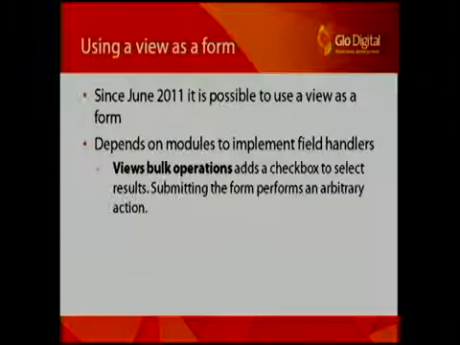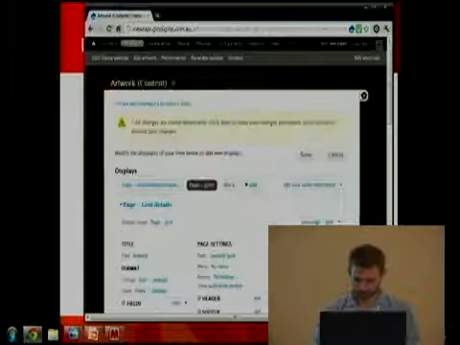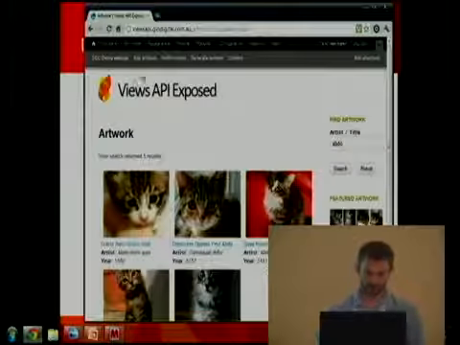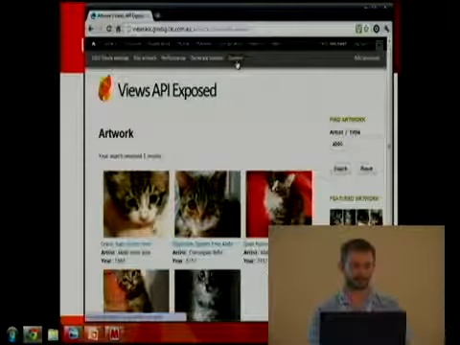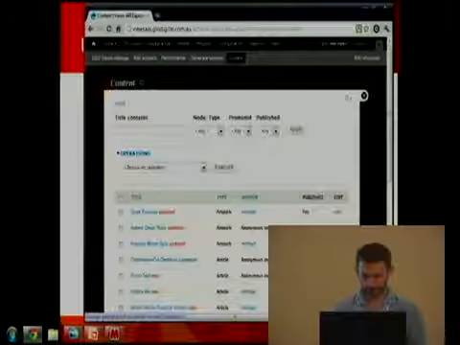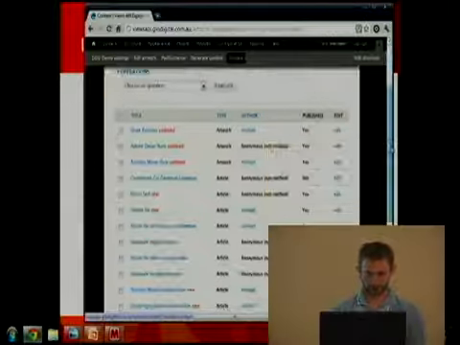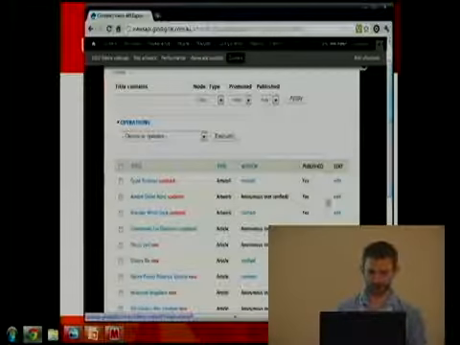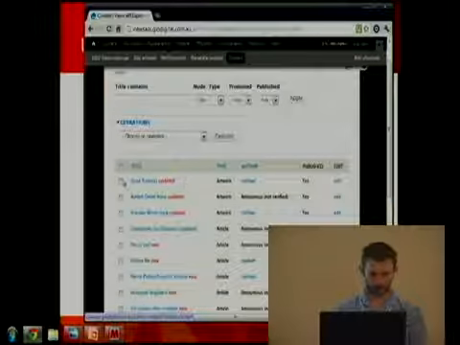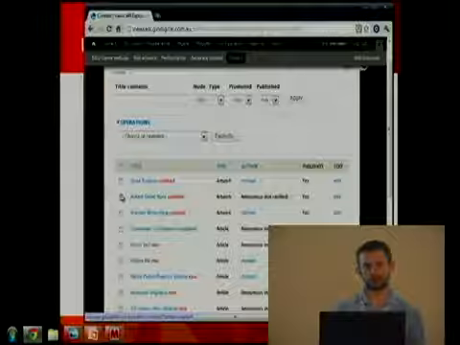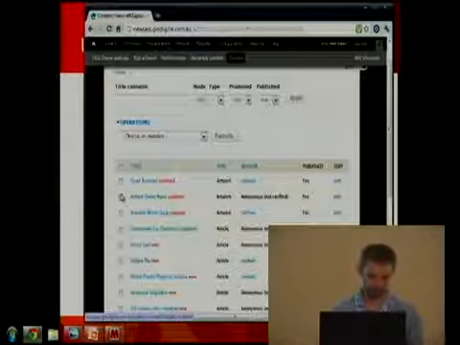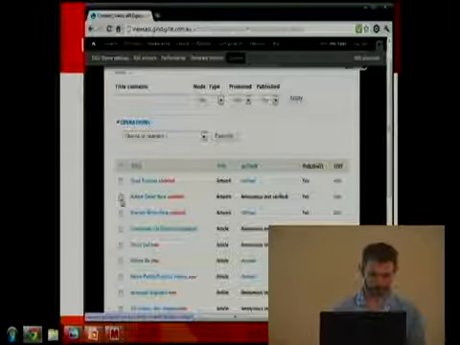Has everyone used views bulk operations? Hands? Yeah, for those who haven't, I've just got a quick demo of it. Basically, you can replace your content listing and your user listing or anything else that you wanted to with views. This is just a list of all my nodes, and using the new form thing that's in views, you can add form fields.